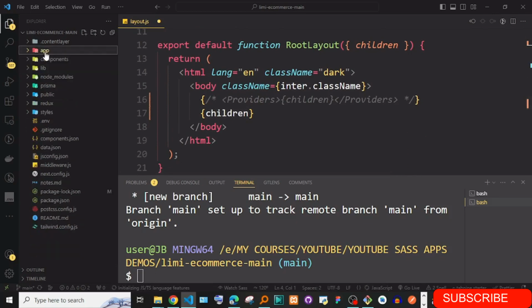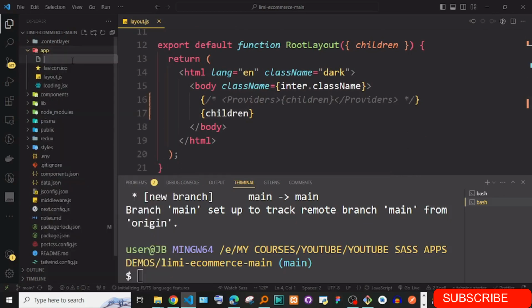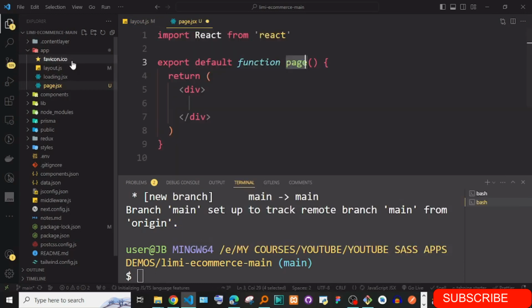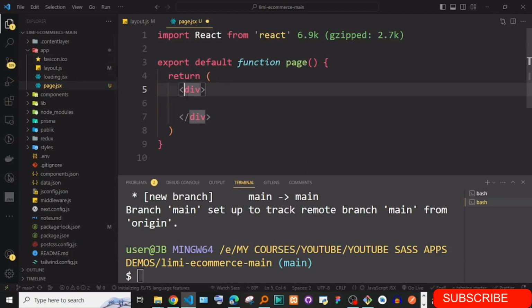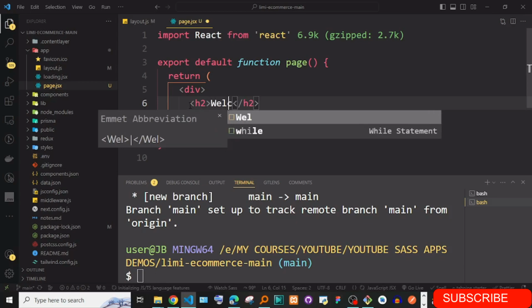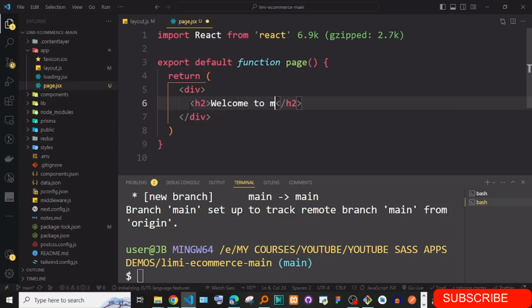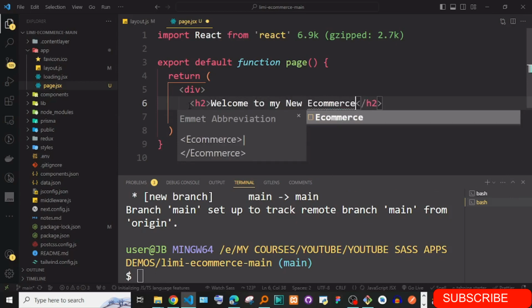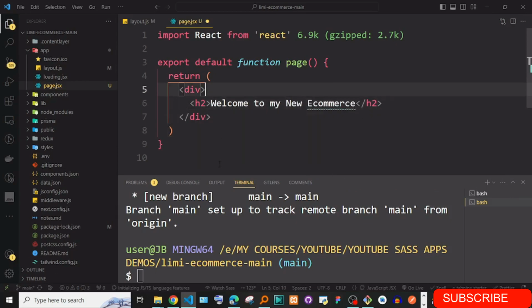So in the app, I'm just going to create the page.jsx. Page.jsx, and just run rfc, just like that, and then let me put some h2. So I'm just going to go ahead and put h2 saying welcome to my new e-commerce. Okay, so welcome to my new e-commerce,